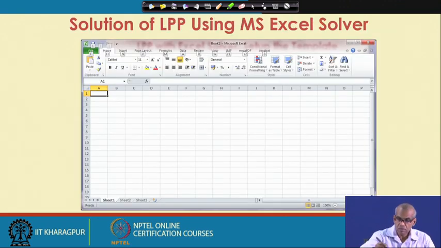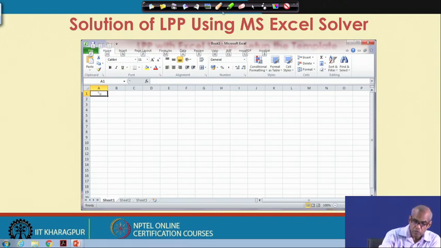So, what I mean is that you can use this column to write variables, upper bound, lower bound or the values of those variables, then the constants.